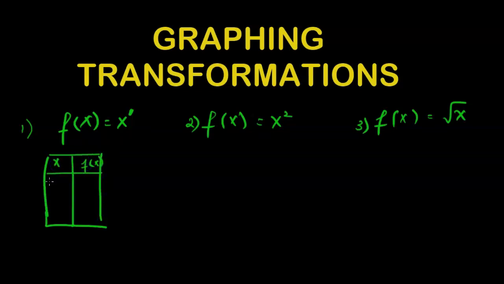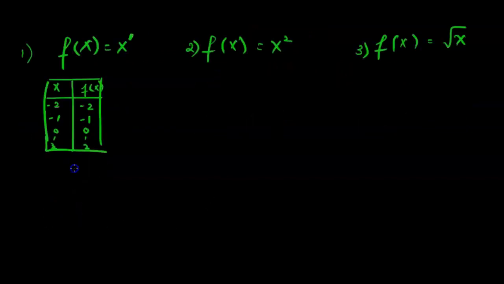The simple x values that we can take are -2, -1, 0, 1 and 2. When you put it in the equation, x to the power 1, which is -2 to the power 1, gives us -2. Similarly, we get all of these f(x) values. To turn this into a graph, all we have to do is plot the x and the y values. We see x values are -2, -1, 0, 1 and 2. So we have -1, -2, this is 0, 1, 2, and then similarly here we have 1, 2. The y-axis is the f(x) axis, and the x-axis is the x-axis.